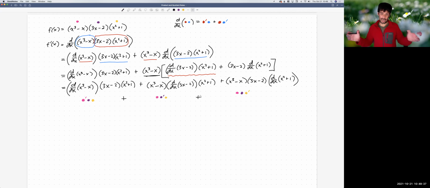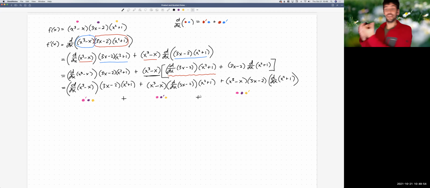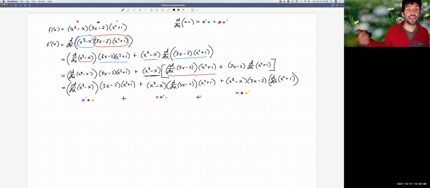Right? So look at what happened. Each function took a turn having its derivative taken, while the other two were just themselves as a product. And then the next one gets a turn having its derivative taken, while the other two are left alone as another product. And then the last one has its derivative taken, and the first two are left alone. And then we take that product and we add those three products up. Okay. This pattern keeps going if you have a product of 4 functions, of 1,000 functions. All right, so let's finish this problem and then we'll summarize this in a little more clean notation